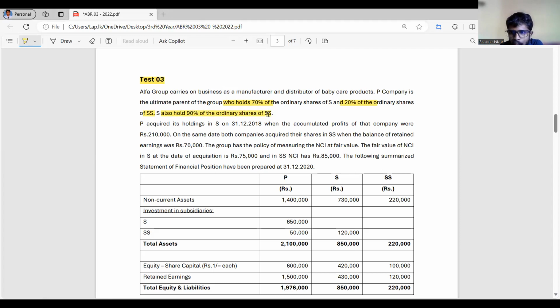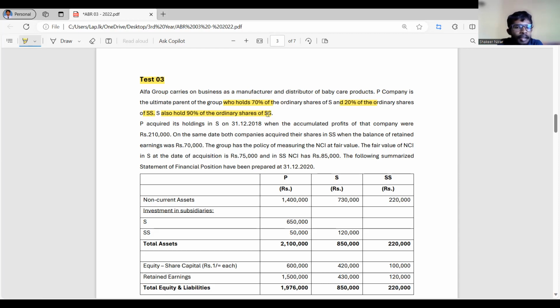This is a T-shaped group because the parent has direct and indirect ownership interest in its subsidiary. P acquired its holding in S on 31st December 2018 when the accumulated profit of that company